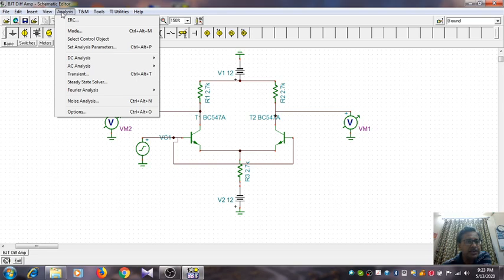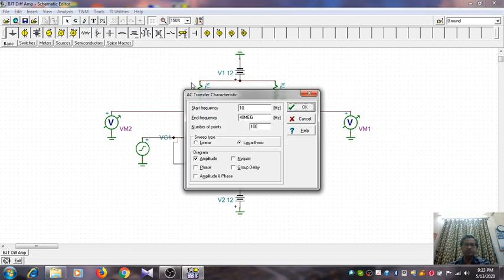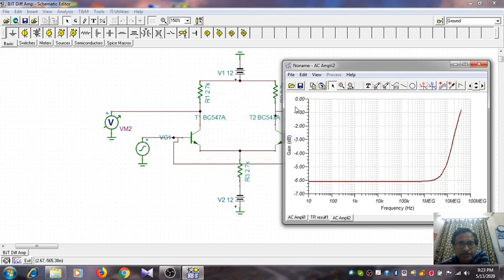So what we do first, we go to the AC analysis. Let us see the frequency response first. AC transfer characteristic, if you do it with the same start point and end point, okay, you see that it starts from -6 dB, that is 20 log of the AC common mode voltage gain. 20 log what value gives you -6?